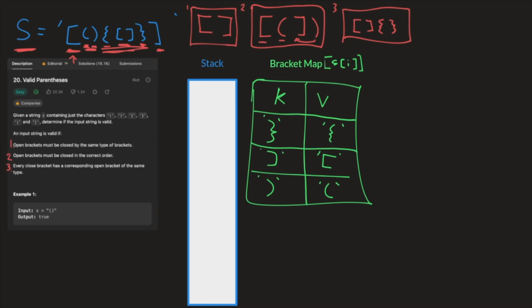Okay, so we have these two structures or these two processes that are going to help us. The first is keeping memory of the open brackets and the order of those brackets. And the second is determining which closing type maps out to which opening type of bracket. So what we're going to use for memory is a stack. And what we're going to use for mapping out the types together is a hash map. And now